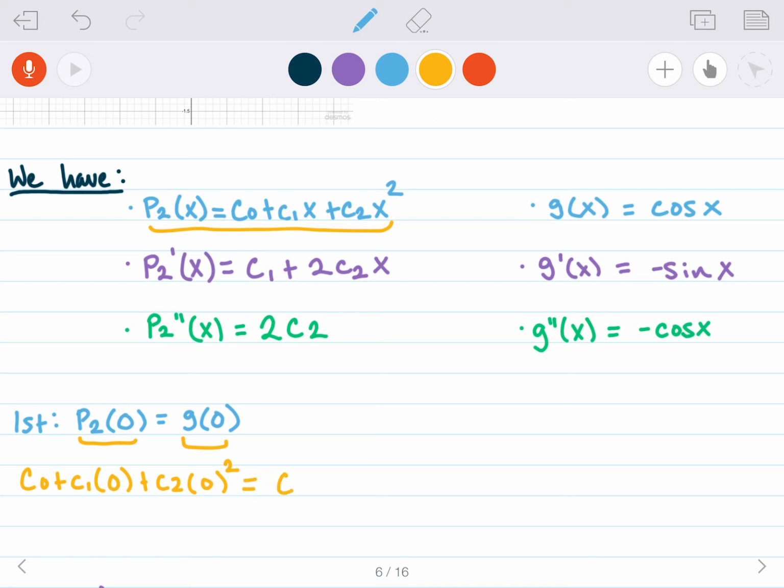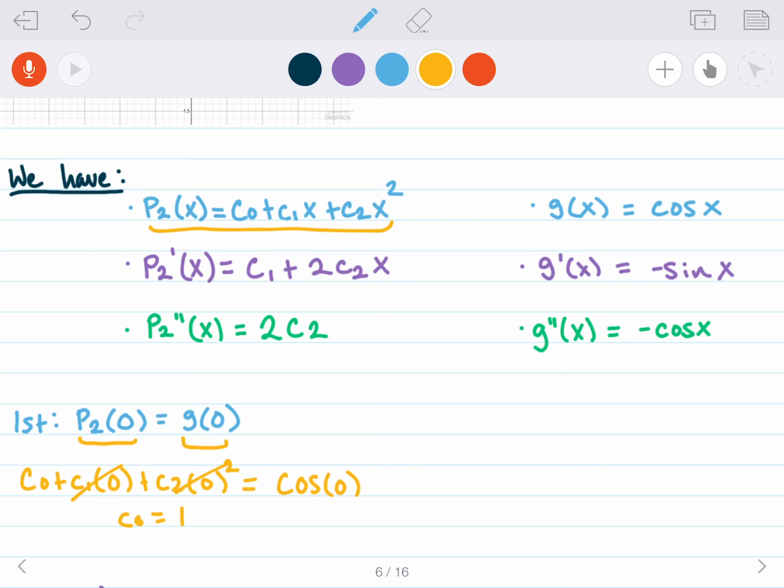Well, g of 0 is simply cosine of 0. Okay, so now I'm going to simplify this stuff out. These guys go away, and I'm simply left with c0 is equal to